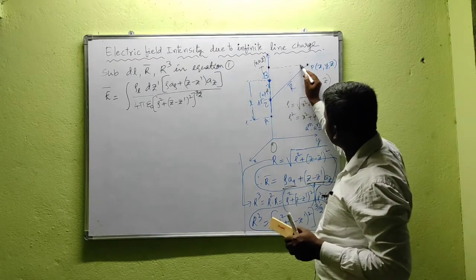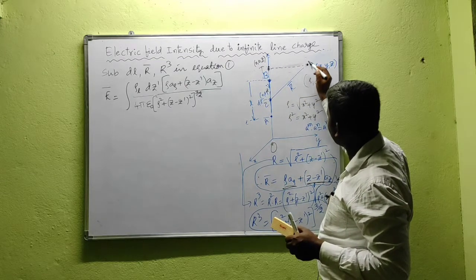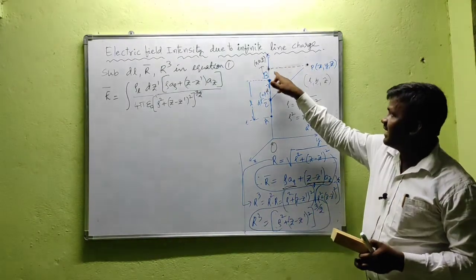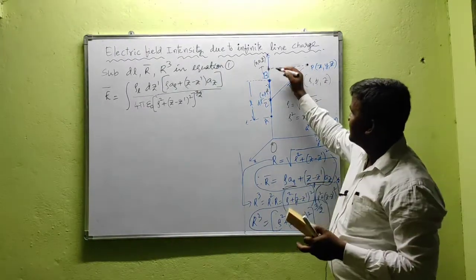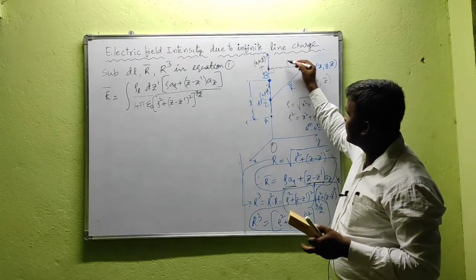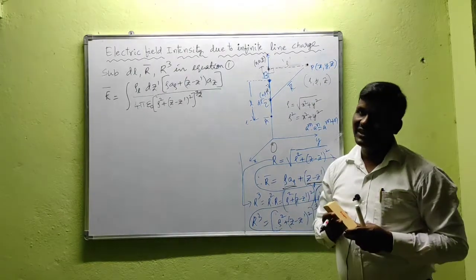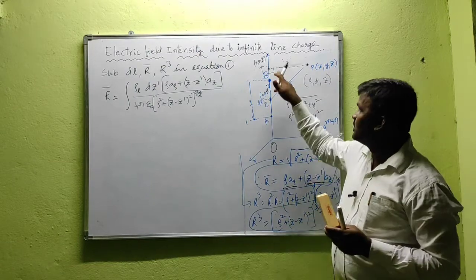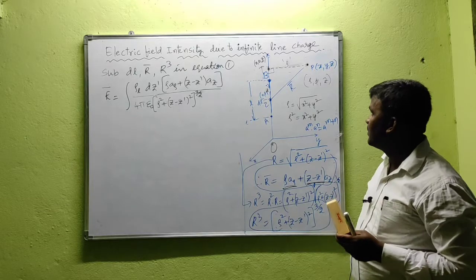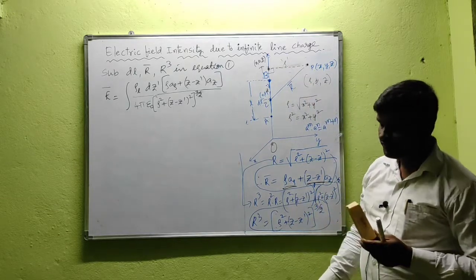Let us draw a perpendicular line, or else a straight line, from this reference point to this one. So this distance is nothing but what? The reference axis is the z axis, and this is the perpendicular distance from the reference point T to this field point. So this is rho, the perpendicular distance from the reference axis. Already we studied in the cylindrical coordinate system, rho is the perpendicular or shortest distance from the reference axis. We can take this distance as rho from the z axis.